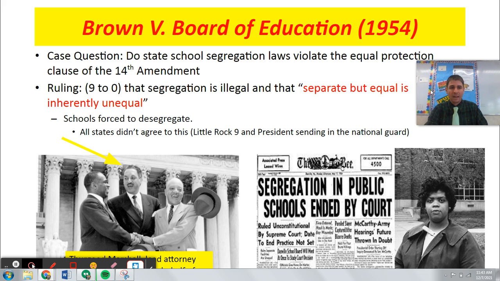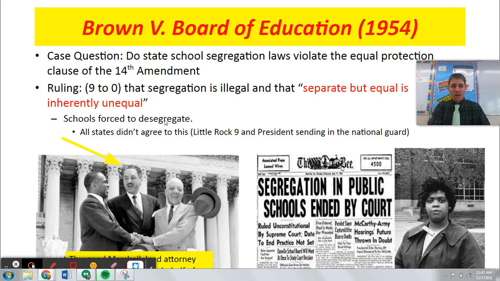And I'll talk more about that. Of note, this was a unanimous decision, 9-0. And this was purposeful. The Chief Justice said, we are going to rule 9-0. We are going to make sure that this is unanimous, because the fact that it was 9-0 allows the decision to have a little bit more weight. If it had only been like a 5-4 majority decision, well, it seems not as strong as 9-0. And the Supreme Court knew that in this important decision the Supreme Court must have a united front, and they must emphatically declare that segregation is illegal.